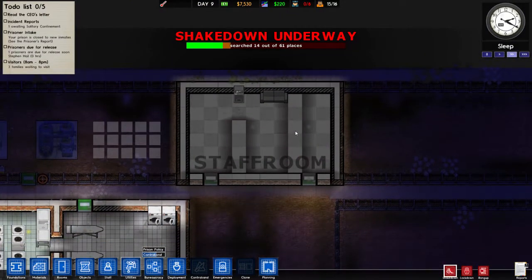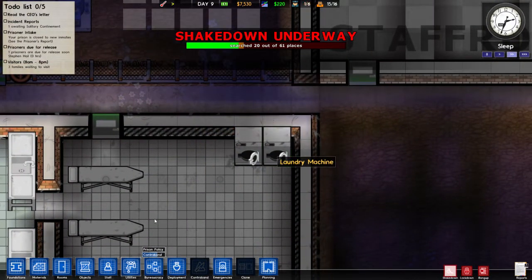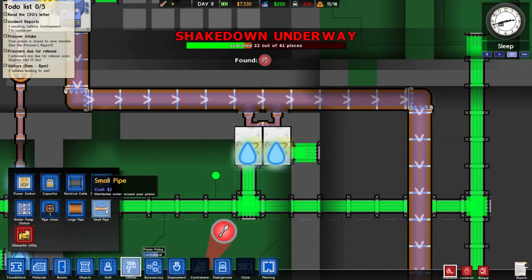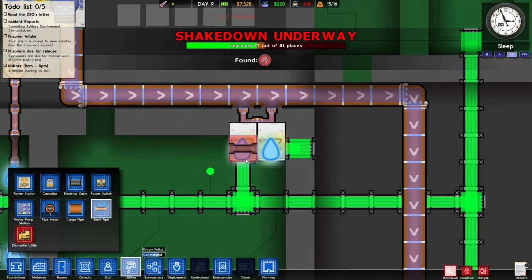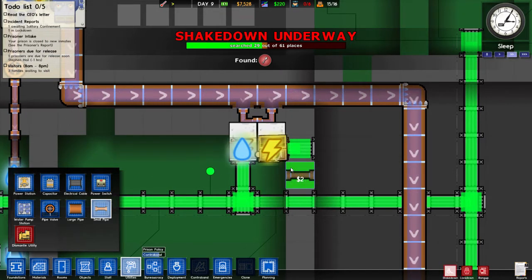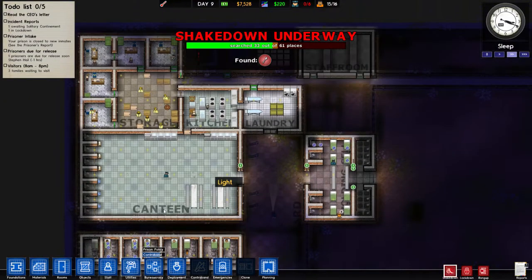Why is our staff room unpowered? It's not unpowered, there just isn't anyone in there. What is wrong with that? Ah, utilities. Come on. Can we get this wired up somehow? Finally, okay. So we now have a laundry, so I can go to deployment,